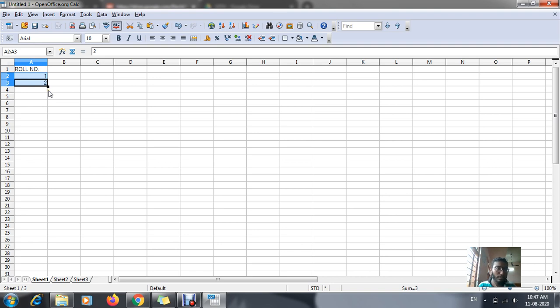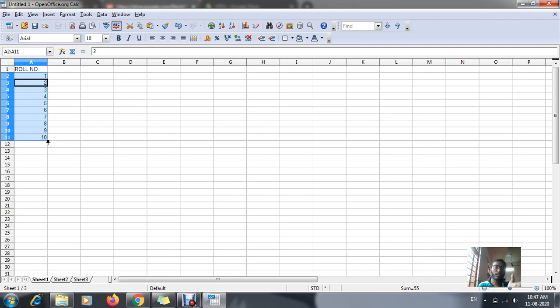Right now it is an arrow pointer. When I take it to the edge of the cell, you can see a plus symbol. After that just select with the mouse left click and drag it. Automatically you can see roll numbers till 10 have been filled.